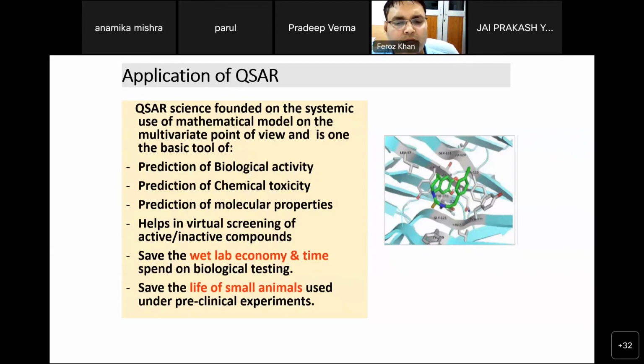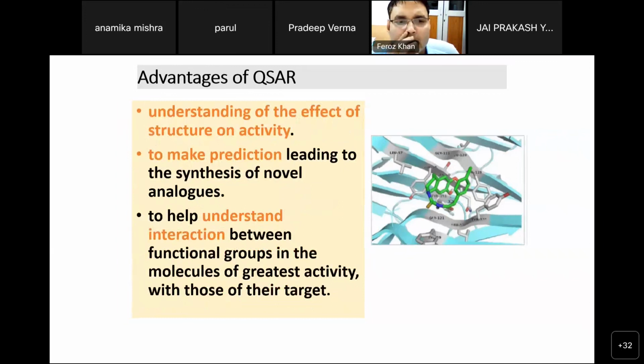So we do the same thing here in CMAP and try to develop the alternative in silico method to filter out the spurious or toxic compounds from the library. Another advantage of QSAR is to understand the effect of structure on the activity, which is not represented by any other method. Normally we do the in vitro assay, we get the activity and some values, but how it is showing the activity, we don't know the mechanism. So to answer this mechanistic part, we need QSAR modeling to answer how it is working actually.